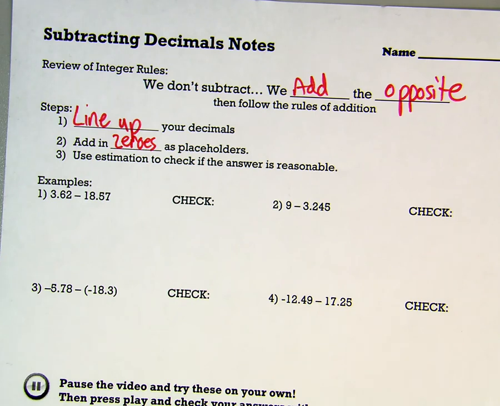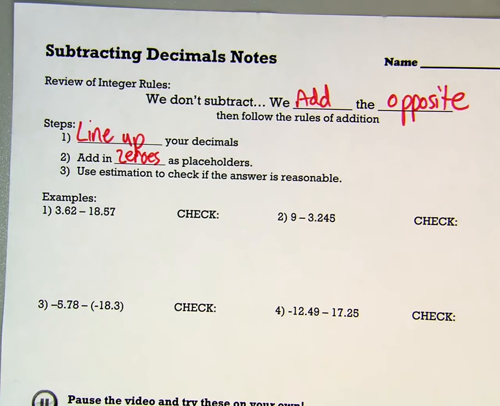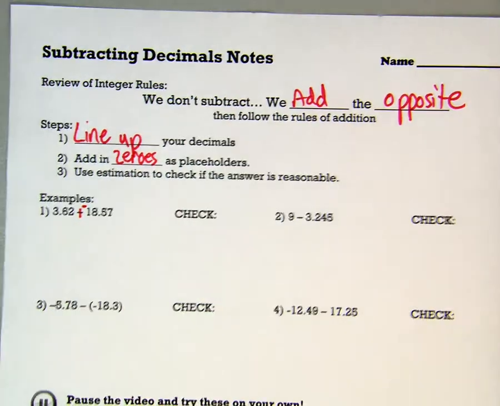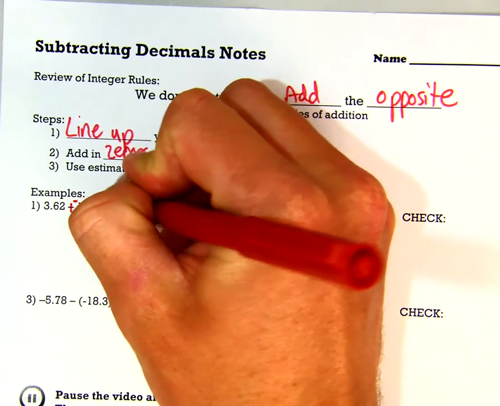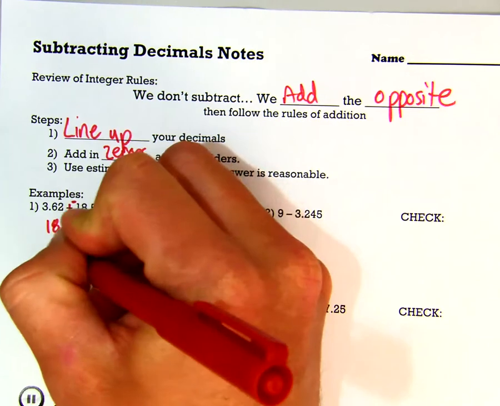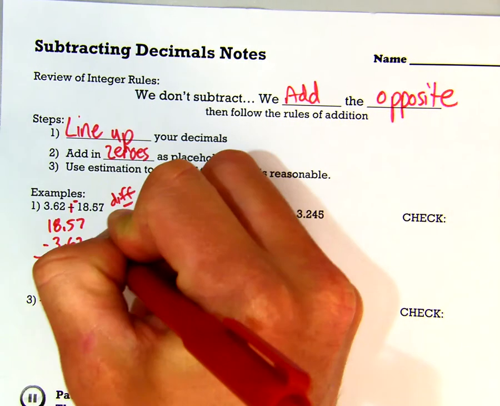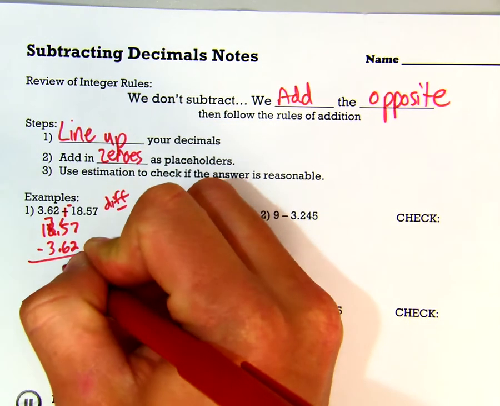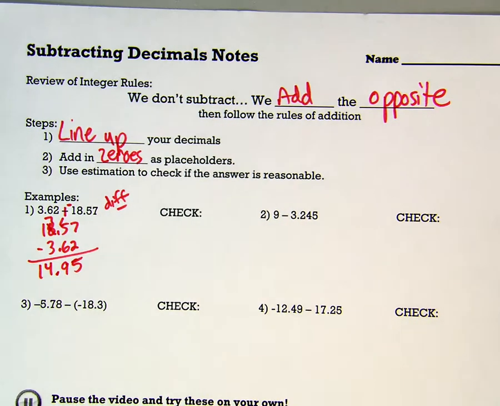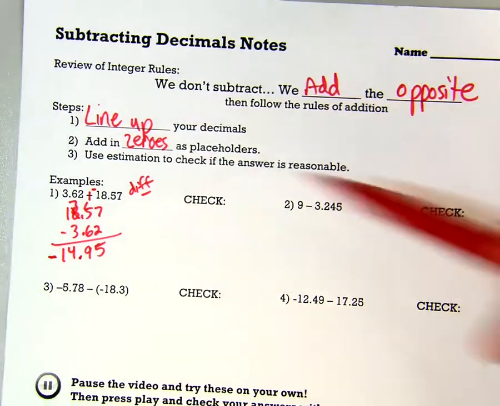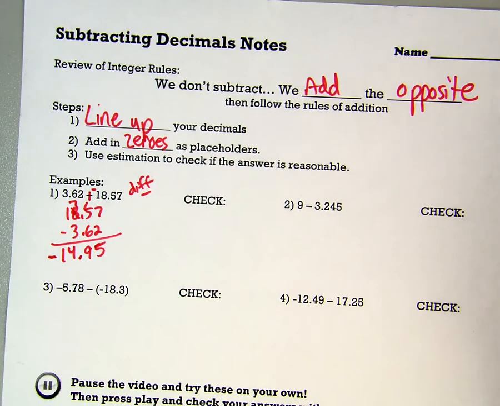So number one, we've got 3.62 minus 18.57. First thing I'm going to do is add the opposite. So now I have an addition problem. I notice they are different, so I'm going to subtract them. I'm going to do 18.57 minus 3.62. My larger number goes on the top. And it is going to be a negative value because negative 18.57 is larger than 3.62, so negative 14.95 is